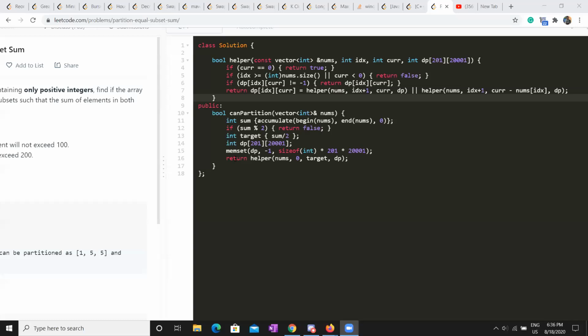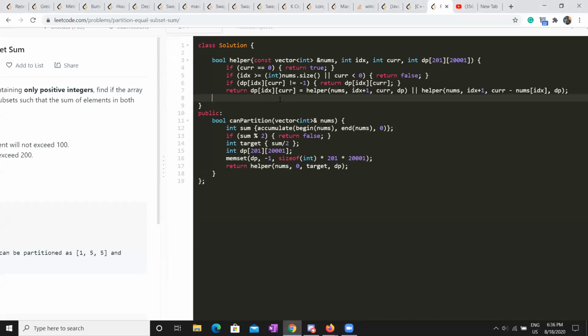Like you're starting from the 0th index. You're just returning the value, right? Yeah, I'm returning as well, and you can always get the result at size, comma 0. This will be the answer.